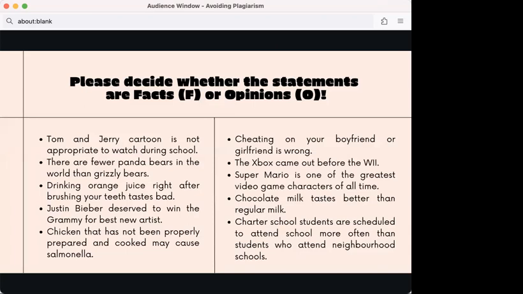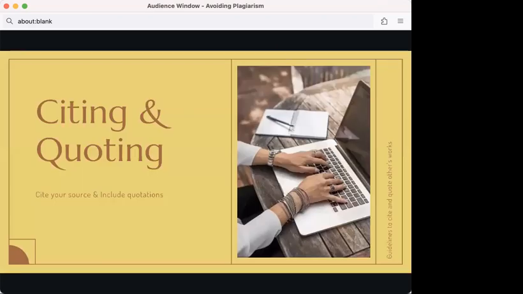After we have done with the previous exercise, the next exercise will be related to these 10 statements. And I want you to analyze these statements and decide which one is the fact and which one is the opinion. And if you have done, you can move on to the next slide. After you have understood the difference between facts and opinion, we can move on to some ways to avoid plagiarism